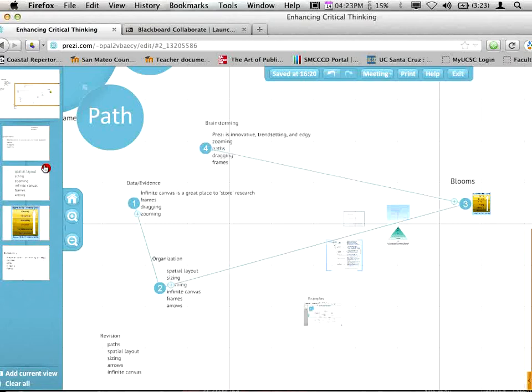Can you embed your whole Prezi into your website? So I'm not 100% positive anymore because I went ahead and paid for the Prezi Pro tool. For an educator, it's $60 a year. And I was using it so much that occasionally I would need to work on one of my Prezis and I wouldn't have internet access.